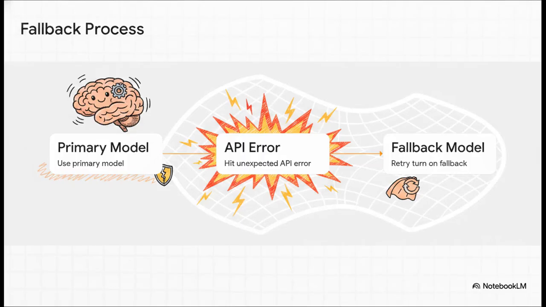And this brilliantly illustrates exactly how this safety net deploys in real time. Let's say you're on step 1, using your primary model, feeling good. Then, suddenly step 2 hits. You get an unexpected non-retriable API error. In the old days, you just fail out and have to restart the whole prompt. But now, step 3 automatically kicks in. Claude Code will retry that failed turn once on your designated fallback model. It creates this incredibly resilient loop, basically keeping your session moving forward even when the API environment is, well, less